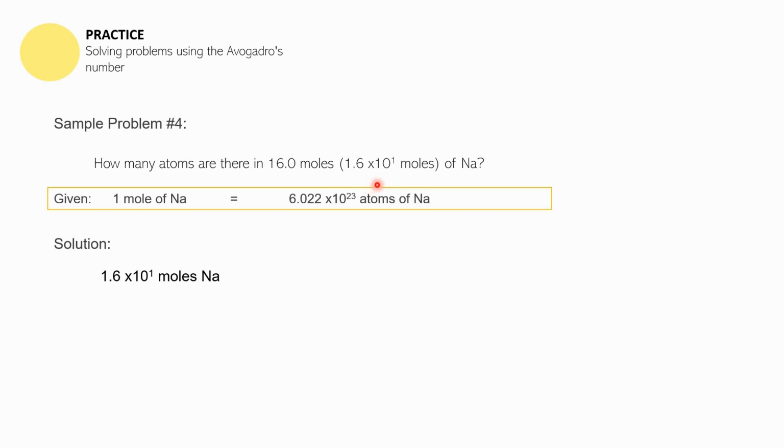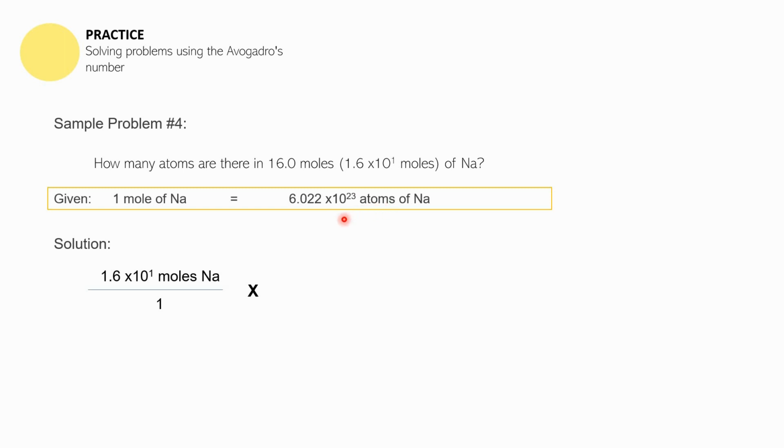Remember 1.6 times 10 raised to the first power moles of sodium is over 1. It's a whole number. And you multiply that with this table of equivalence. So moles of sodium is found in this fraction as a numerator. If you would like to cancel out moles of sodium, you have to put it in the next fraction as a denominator. And yung nasa taas is yung desired value, which is the atoms, the number of atoms for